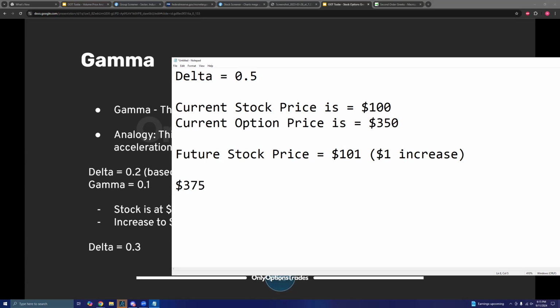And again, you have to be mindful that the delta is changing as well. So realistically, as stock price is increasing, our option contract is increasing in value, and our delta is also increasing at the same time. So the price of the option contract's rate of increase, technically speaking, will actually increase. The price of an option contract will increase at a higher rate, or I guess higher interval, as the stock price increases as well. Hopefully that wasn't too confusing, but I just wanted to make it clear this isn't necessarily just a directly linear relationship and has a bit more complexity to it than just that.